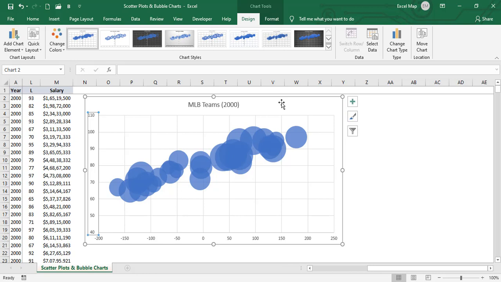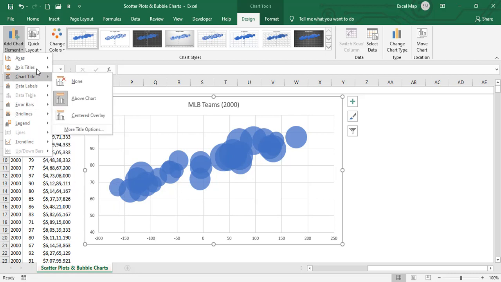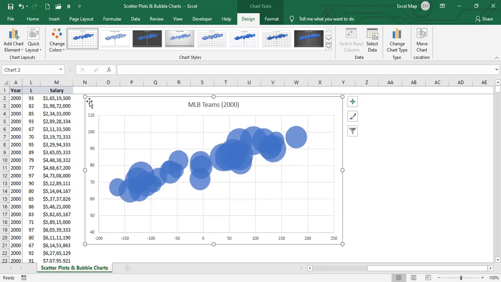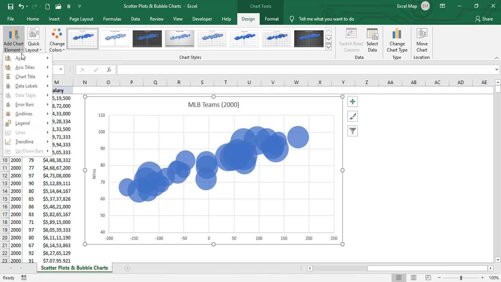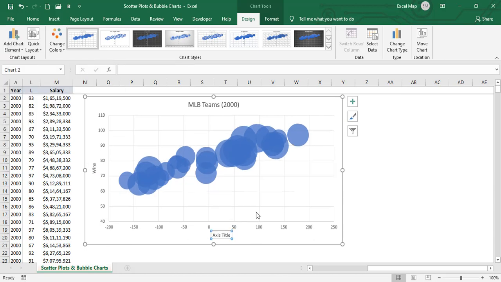Now we'll give names for the horizontal and vertical axes. Go to the design tab, add chart elements, axis titles, primary vertical. We'll select this. Here I'm giving wins, and add chart elements, axis titles, primary horizontal, run